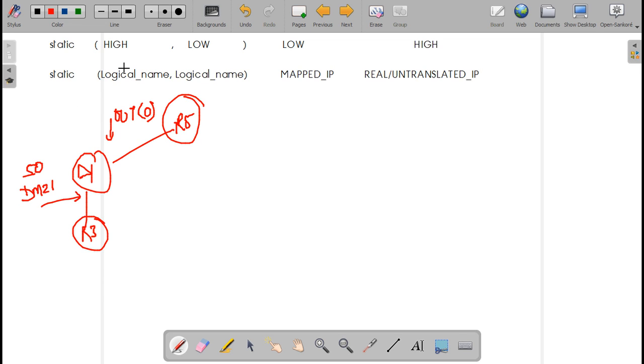The logical name here will be DMZ1, comma, the logical name of the low security level interface, and your mapped IP is 110.1.1, and your real IP is what?